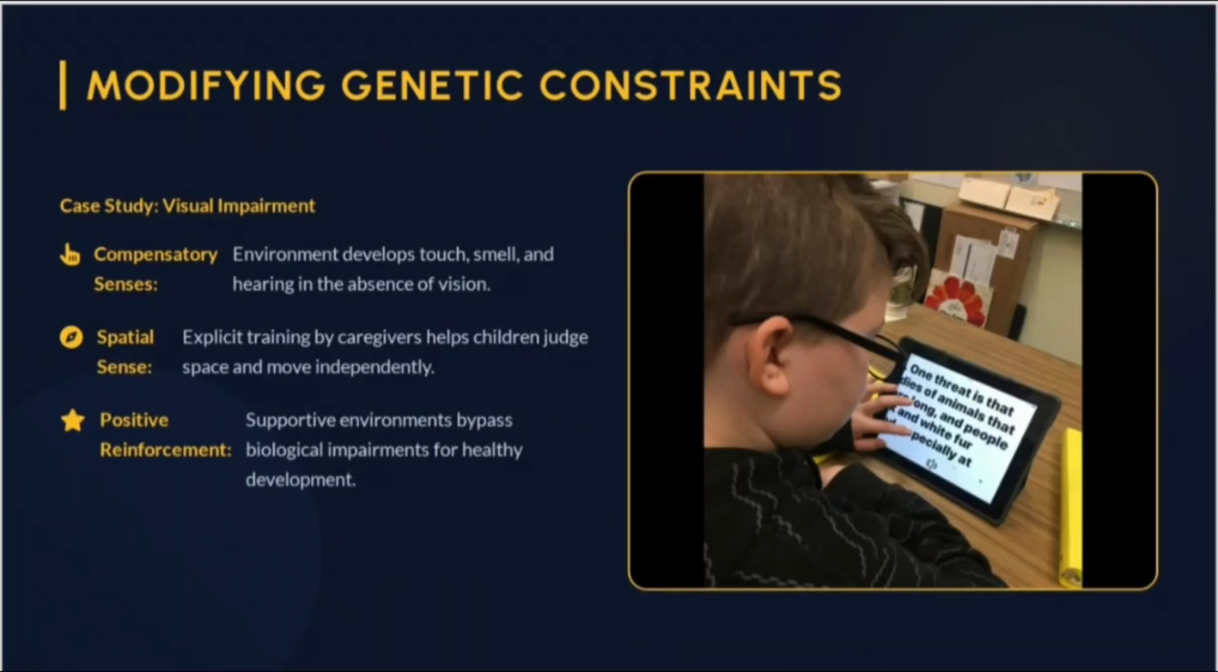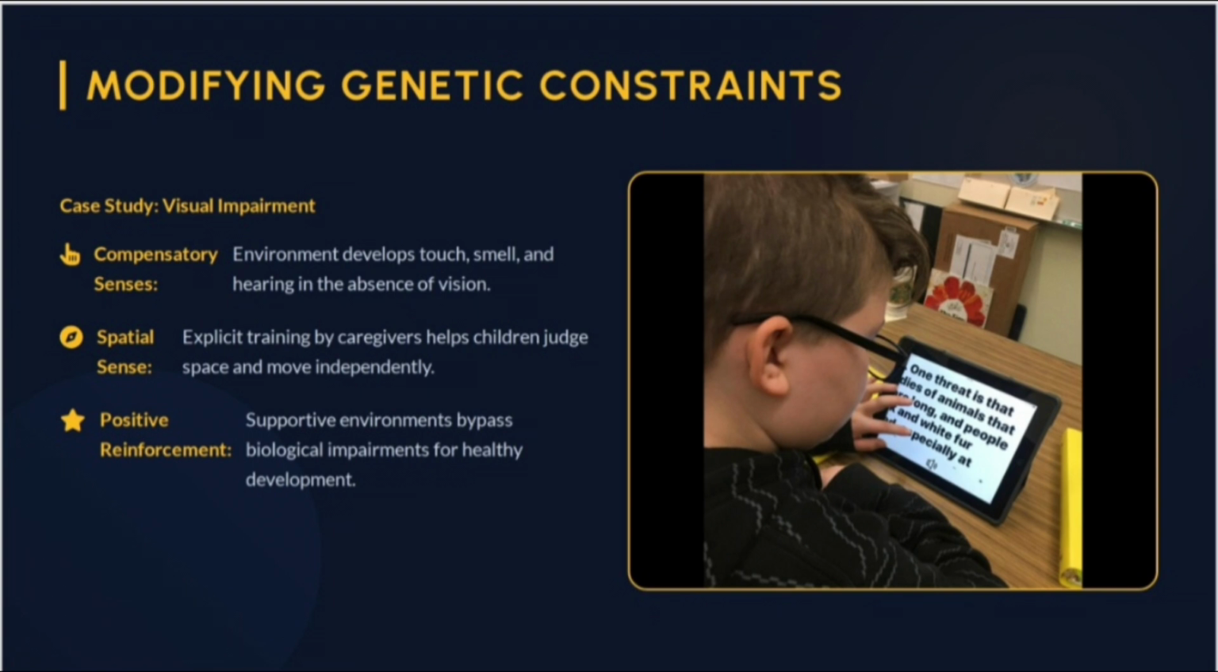Now let's look at the practical application on this slide. How a supportive environment can modify genetic or biological limitations. Take a child with visual impairment. While we cannot change their biological condition, a compensatory environment helps them deliberately develop their touch, smell, and hearing. Through targeted, subtle training and positive reinforcement from caregivers, these children can learn independent mobility, bypass biological constraints, and achieve